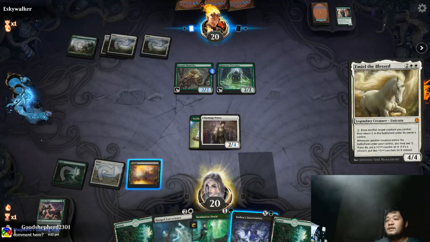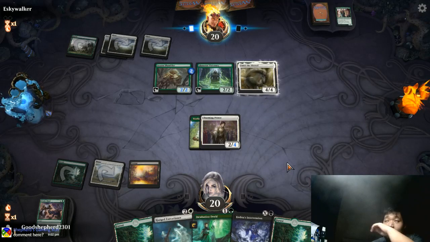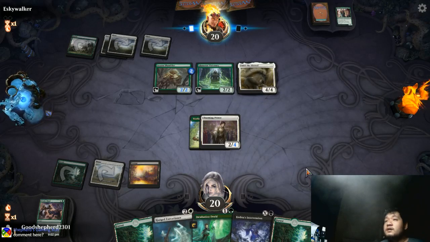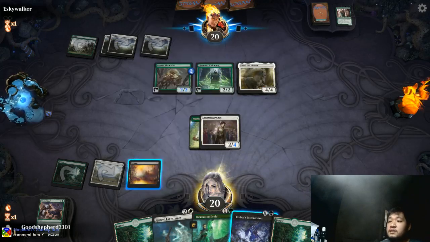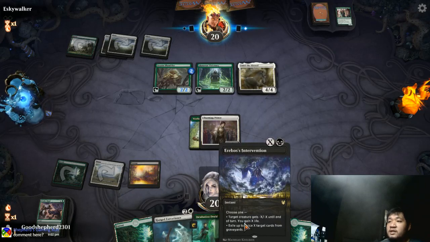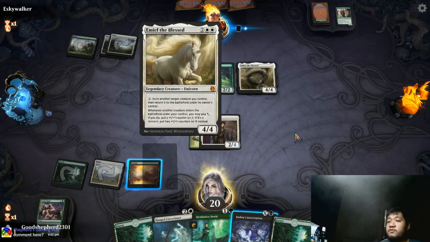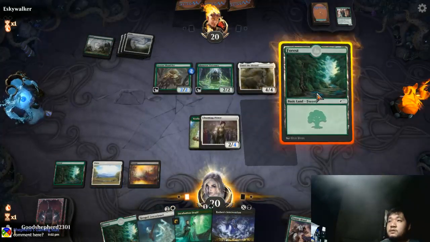Opponent's doing the same thing. Well, that's what I did, so I can't blame them. Yeah, so we need to snipe this ASAP. No, I need to pay actual X here, so I need 5 mana. So what I can do here is...